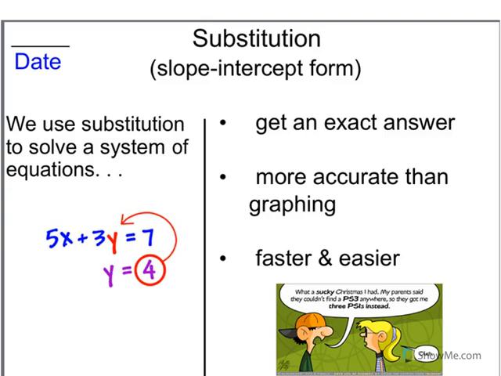We use substitution for a variety of different reasons, but one of those reasons is that substitution is a way to get an exact answer, where graphing is not always conducive. Graphing is good when we want to estimate the answer, but when we want exact answers, graphing is not always the appropriate method. And so we use methods such as substitution in order to get that. Depending on how the equations are set up, substitution can sometimes be faster and easier than some of the other